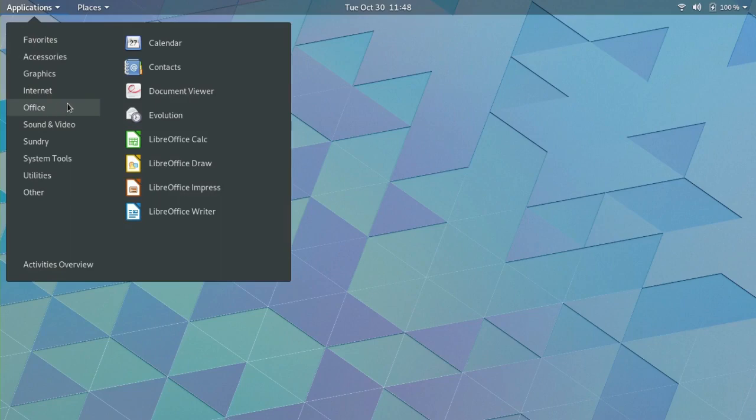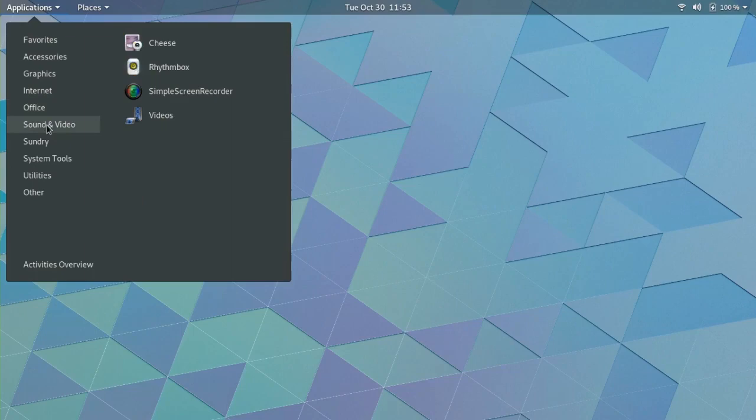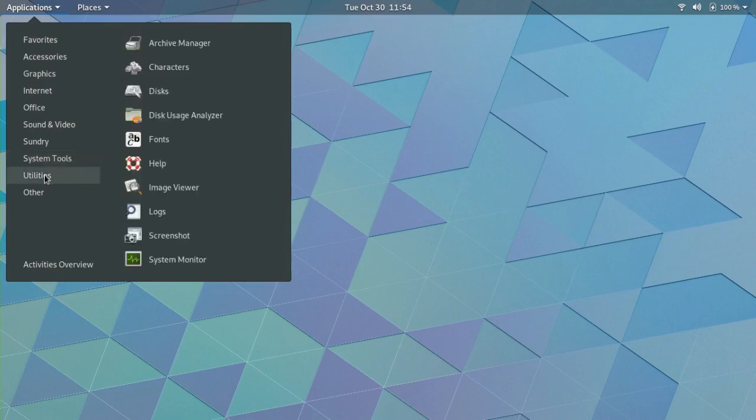Under Office I have Calendar, Contacts, Document Viewer, Evolution, LibreOffice Calc, LibreOffice Draw, LibreOffice Impress, and LibreOffice Writer. Under Sound and Video I have Cheese, Rhythmbox, Simple Screen Recorder, which I installed, and Videos. Under Sundry I have Problem Reporting. Under System Tools I have Boxes, GNOME Boxes, Settings, Software, and Terminal. Under Utilities I have the Archive Manager, Characters, Disks, Disk Usage Analyzer, Fonts, Help, Image Viewer, Logs, Screenshot, and System